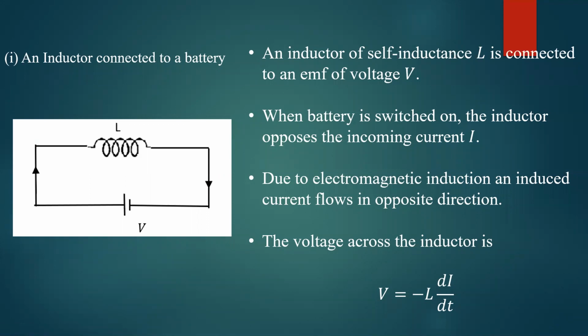Then what is the voltage across the inductor? Voltage across the inductor is given by V is equal to minus L into di by dt. The negative sign here indicates that the induced current or voltage developed across the inductor is opposite to the battery